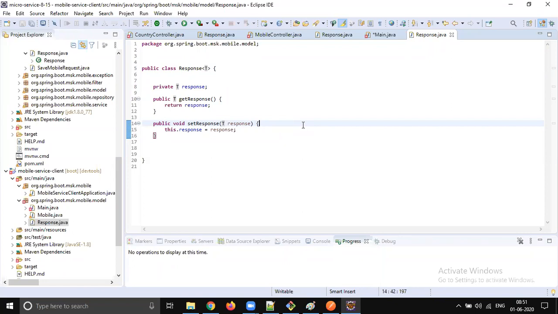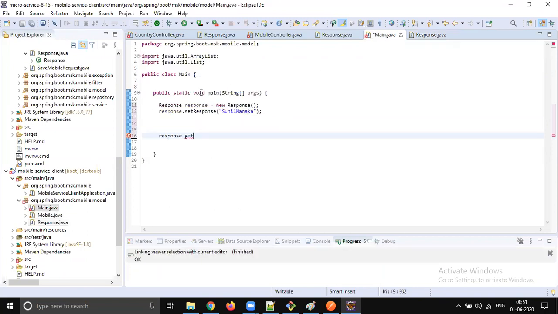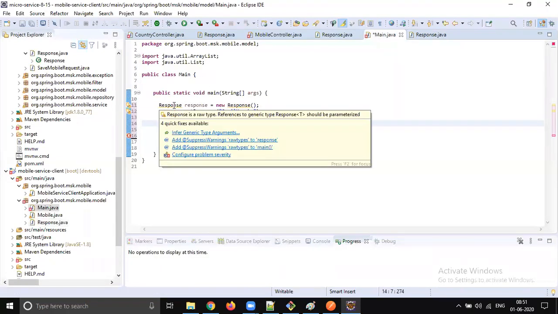Now our response becomes generic. Immediately the compiler will show a warning: Response is a raw type. Don't drink raw. Mix some water or some soda.